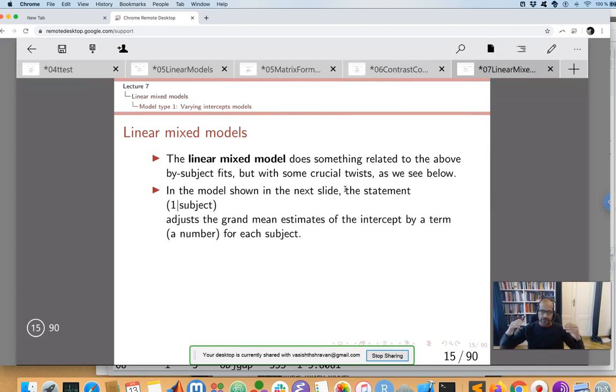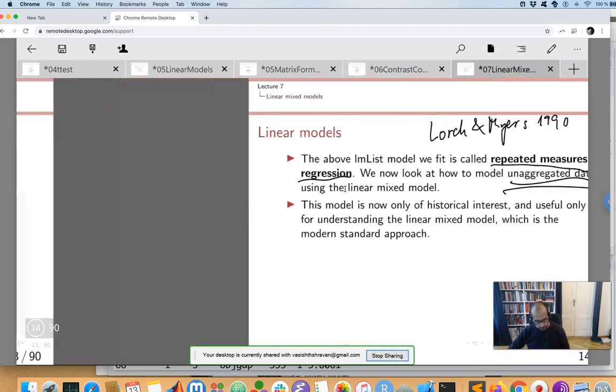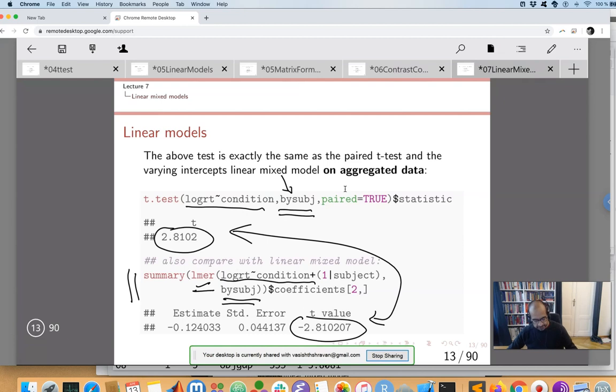It's doing something very similar, but there is one crucial twist in all this, and that crucial twist is expressed in the syntax through this piece of code which says one vertical bar subject. That piece of code is the only extension beyond the linear model that you observe here. If you look at the syntax here, let me erase all this stuff so we can